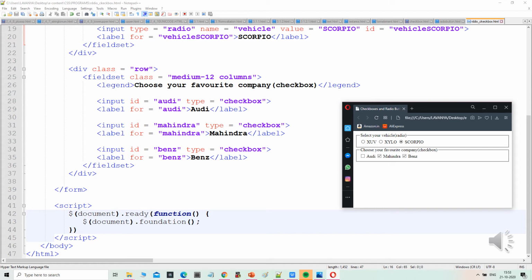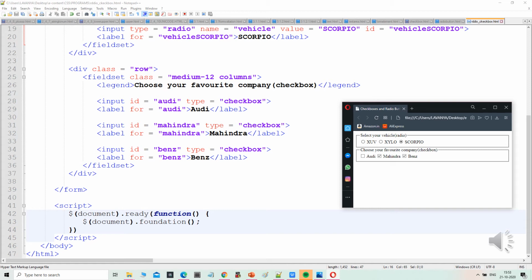And for the company name, the checkboxes are Audi, Mahindra and Benz. These are the company names for the checkbox. We have to choose our favorite company, which may be one or two, and that is why the checkbox is used.